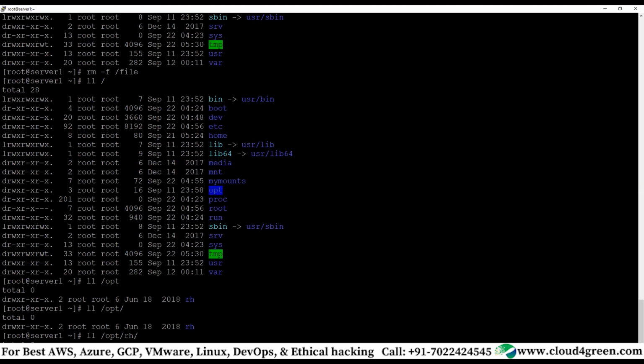That's why, for manageability and easiness, third-party software, which is not shipped by the operating system vendor, you keep under /opt. For manageability also, it's easy. Tomorrow you have to take a backup, just take a backup. Correct? So let me complete the other thing, I will explain you later. opt is for basically third-party software.